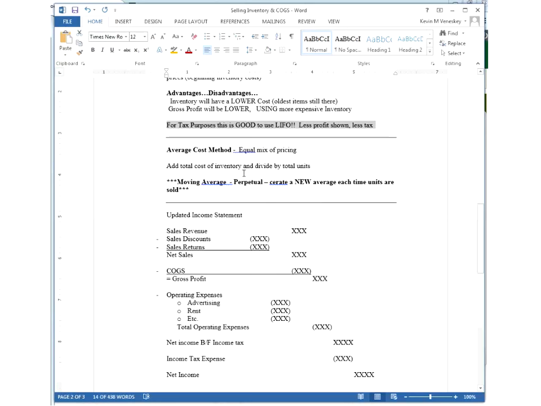The average cost method is kind of a good mix between both of them, and probably is the one I would prefer the best if I was in a company, I think. What we're going to do is add the total cost of our inventory. Instead of looking at it from individual dates, we're just going to add up all costs together, and then divide it evenly by every single product that I have. So if I have $200 in product and I have 20 items, I just simply divide that out evenly, $10 a piece. So each item that I sell is I bought for 10 bucks instead of,